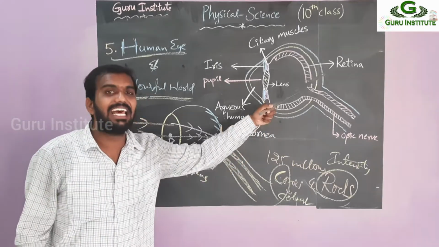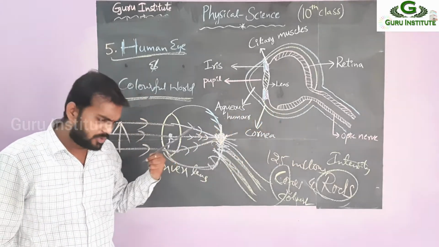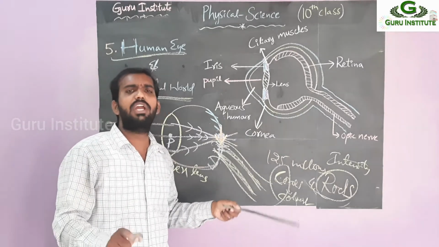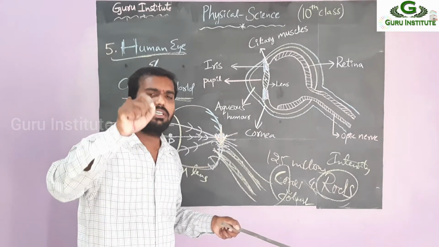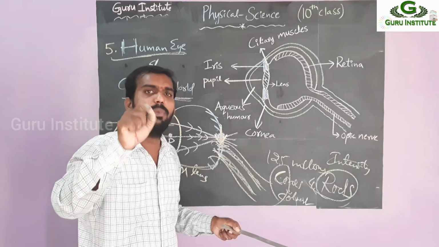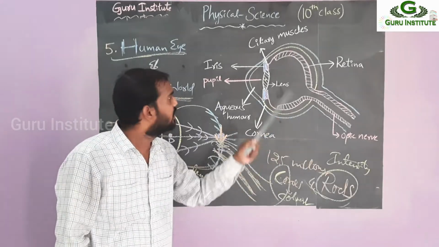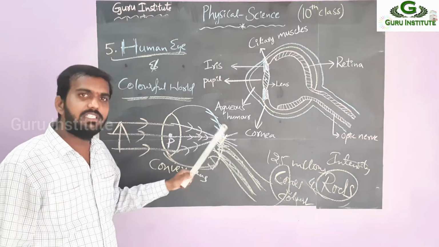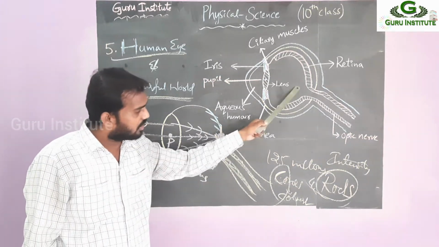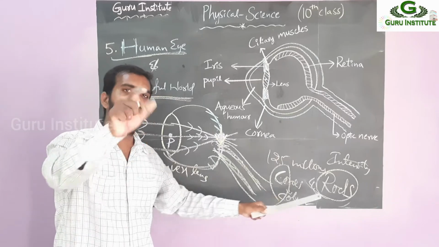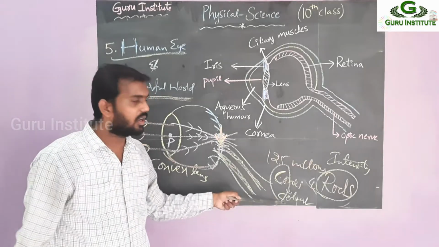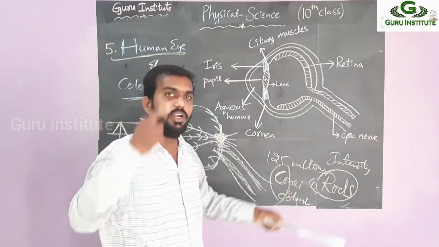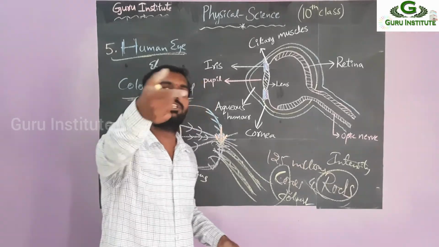Here the merging point is the retina. If you see the image, the rays should always merge. That means the refracted rays meet on the retina only. Okay, so this is what happens. Then the image that is formed, which is inverted, is given to the retina, and the cones and rods identify the nature, intensity, and color of the image, which is given to the optic nerve. The optic nerve is connected to the brain. Then it is simply a straight line, right?